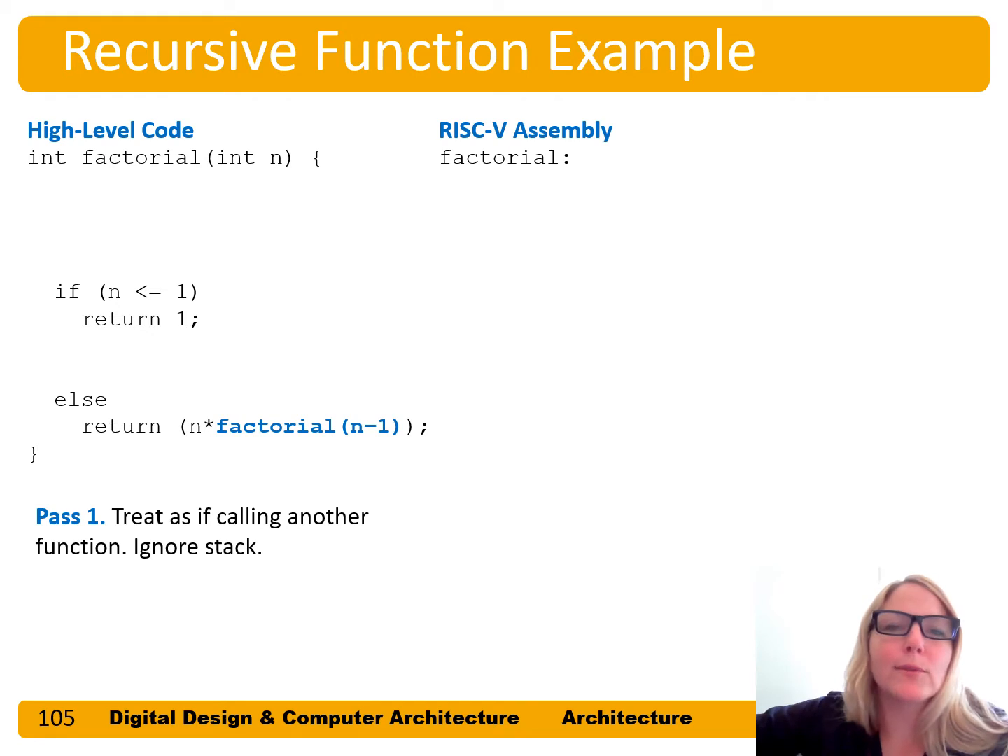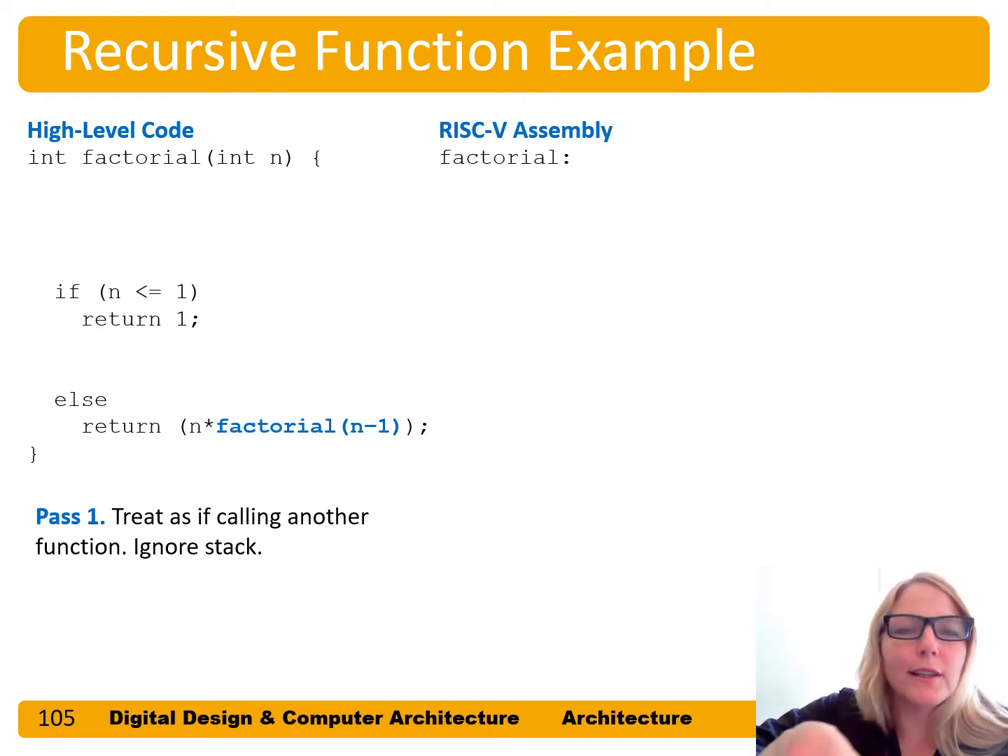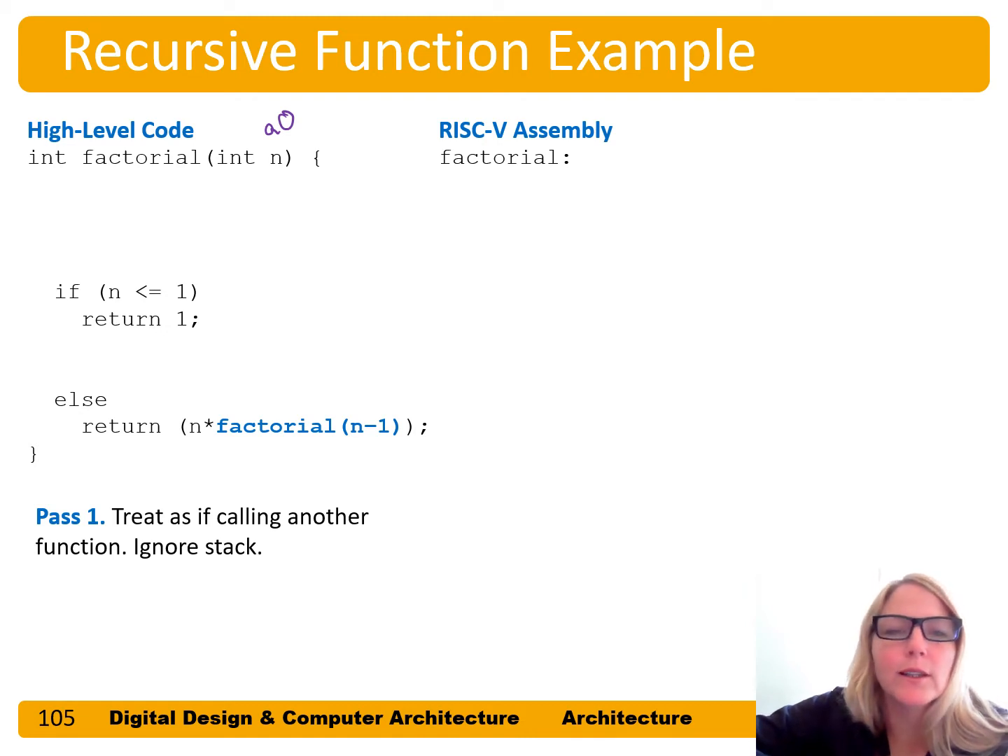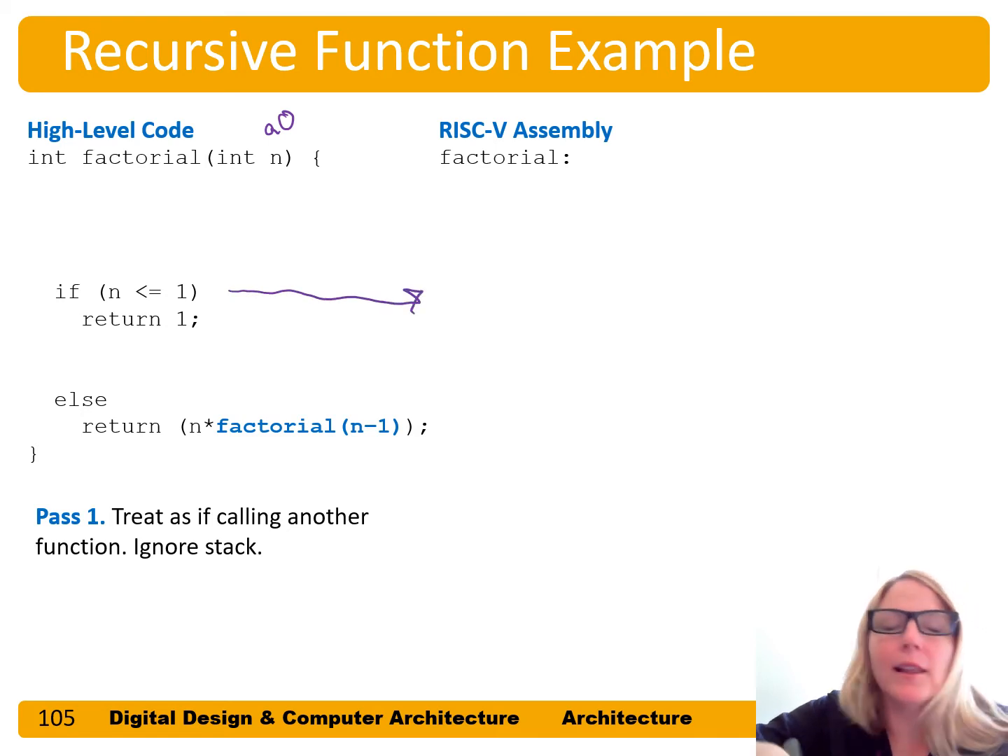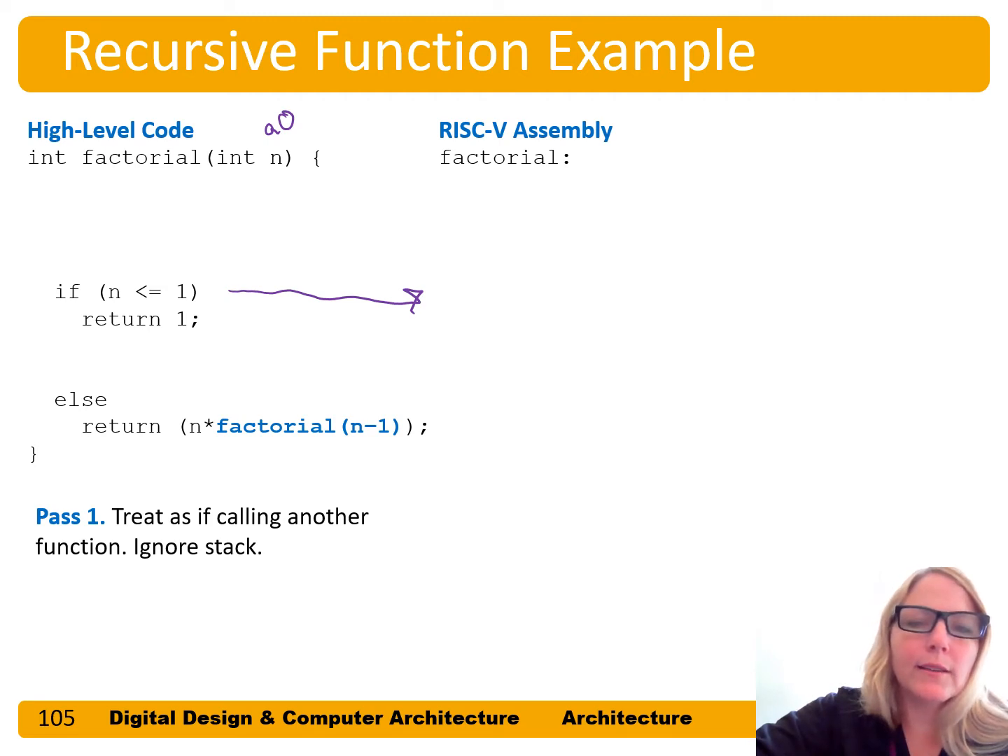So now let's write this recursive function in RISC-V assembly language. Here's our high-level C code, and we know that our input argument comes into A0. It only has one input argument, in this case n, so that's in A0 when it's called. And so we're going to take it line by line. If n is less than or equal to 1, we want to return 1. So now we're going to branch if greater than. We're going to branch on the opposite case,